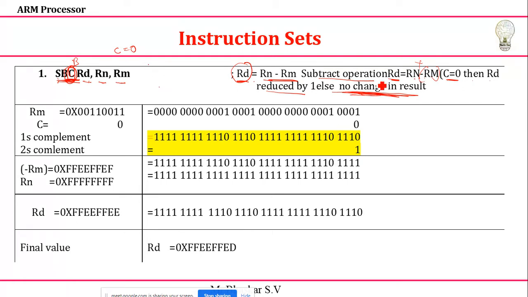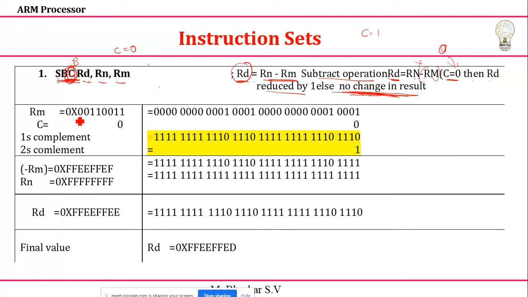This point you should know, because the carry comes in addition. Here, C equal to 0 will be considered as a borrow. My system will understand, okay, C is equal to 0, you have taken a borrow when you come to this instruction. That's why. Moreover, when coming to an execution, all my flag register defaults are equal to 0. At that time, because C is equal to 0, the overall result will be reduced by one value. I'll show with an example.